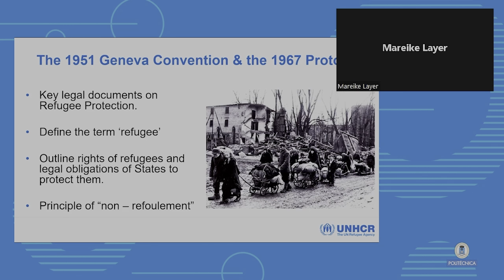So these two documents, the Geneva Convention and the 1967 Protocol, mainly the 1951 Geneva Convention, is the basic legal document on refugee protection. And I will be mentioning it throughout the afternoon many times. It's also important to know that as a cornerstone of the international protection regime, this means that all countries that have ratified it, and it's 149 countries worldwide, among them, of course, Germany, Sweden, and Spain.